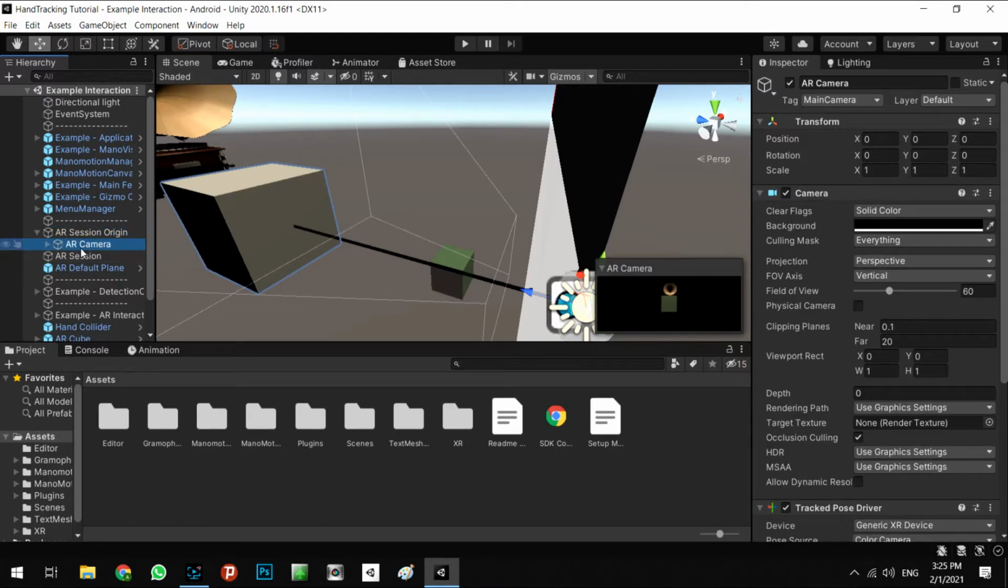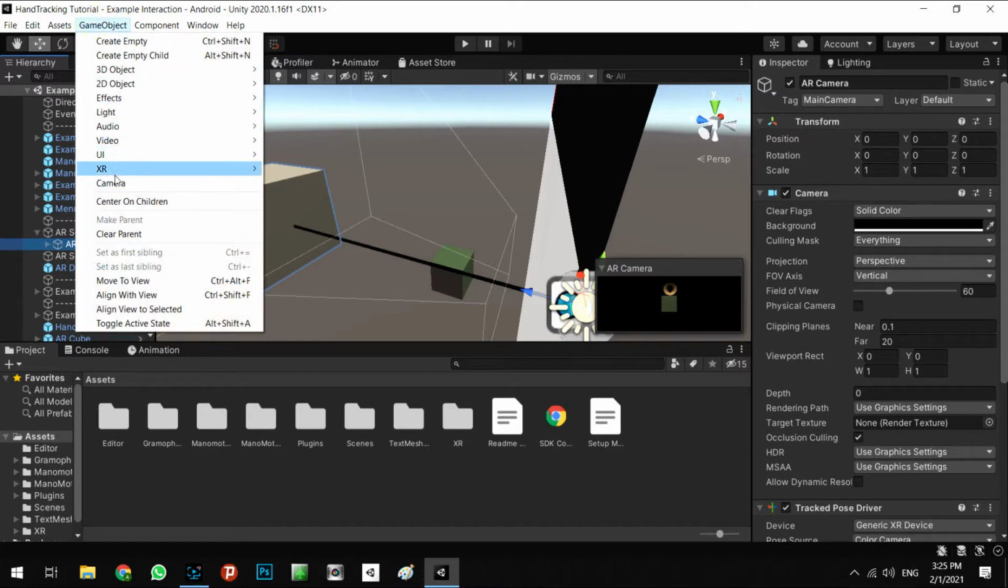The mechanism of AR camera in AR Foundation is when you rotate your phone, the AR camera will rotate in the 3D space as well. So we can use this feature to make our VR mode for our game. Okay, I'm adding the new camera,